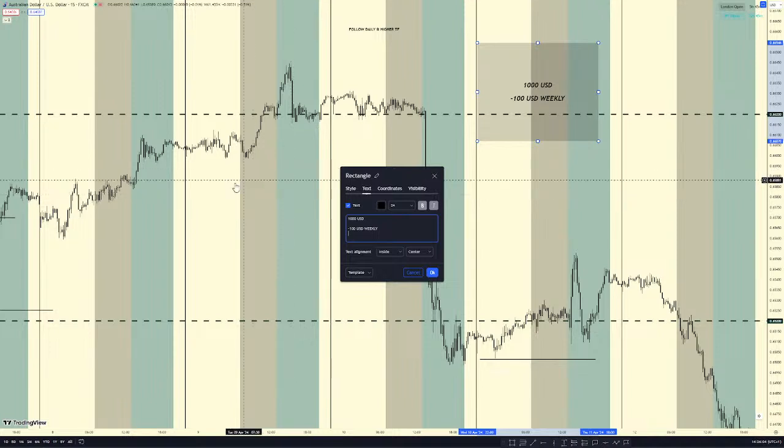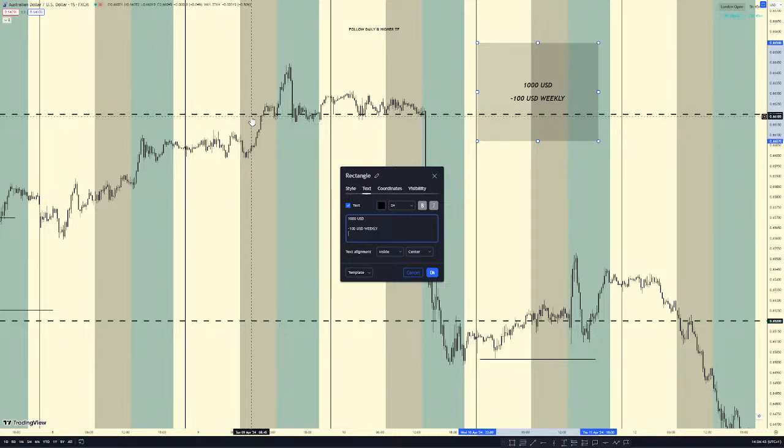Now, in a day, I trade only two sessions. The first session is the session of the base currency, and the second session is the session of the quote currency. That is for those of you who are trading, let's say EU, GU, and other AU currency pairs. In this example, AUD USD, I'm looking for my entry in the Asian session. And then the second session is what? New York session.